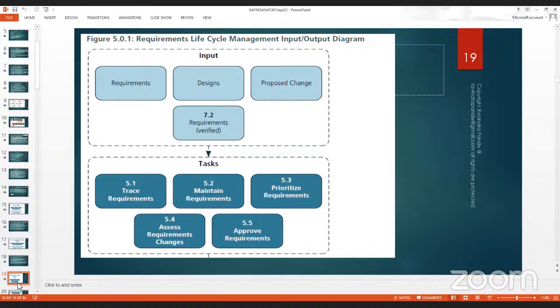We normally do assess requirement changes as well. If an analyst comes across a requirement which is changing frequently, you normally go to the product owner saying, hey Mr. Product Owner, these requirements have changed at least 5-6 times earlier. Could you please zero in, or have a discussion with your team and come back to me with a final requirement so that I can hand it over to the development team? There are policies and processes depending upon your organization and the client organization. How do you assess the requirement change,